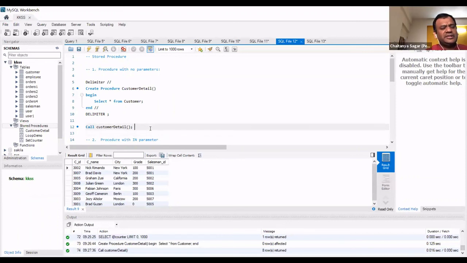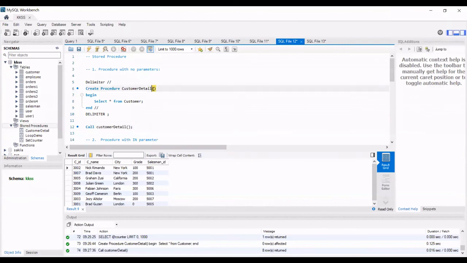One quick question. When you have to have parameters, how do you define those parameters? Do you put that in the create procedure, or do you define that further? Basically, whenever we have a parameter, we have to define it in these brackets. Okay.